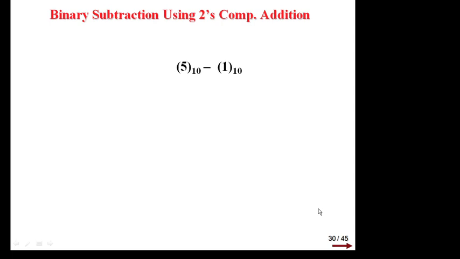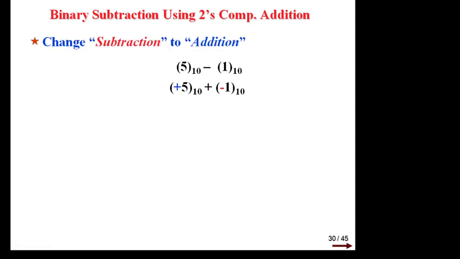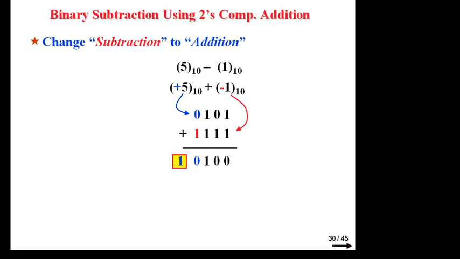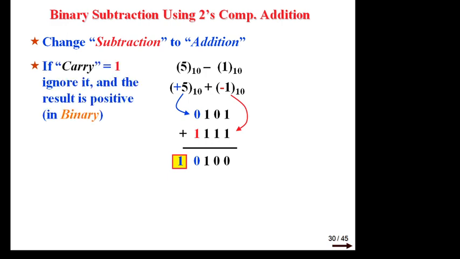Okay, same thing by using 2's complement. 5 minus 1. This write down plus 5, 0 1 0 1. Minus 1 is nothing, 2's complement of plus 1. Okay, plus 1 is 0 0 0 1 plus 1. So it will come 1 1 1. Okay, now add. If carry generated, discard it. I already told to you. Okay, this is your final 0 1 0. You know 5 minus 1 is nothing, plus 4.